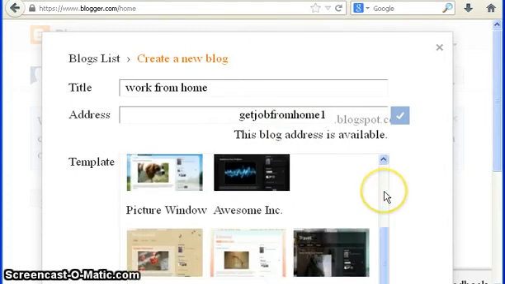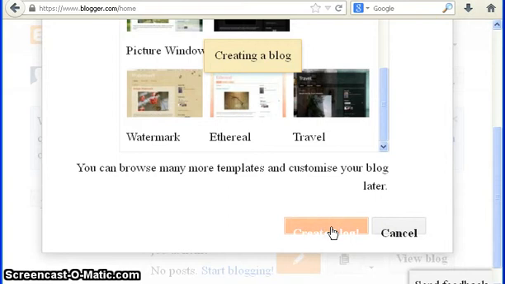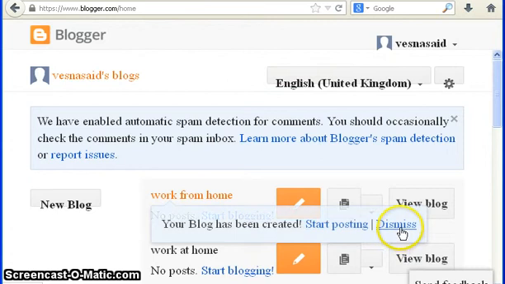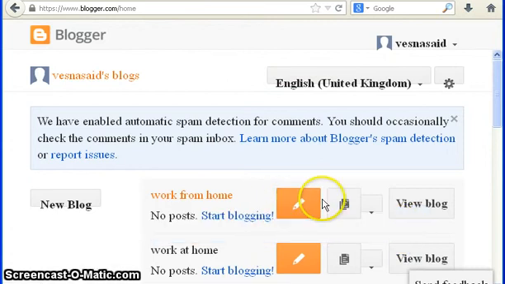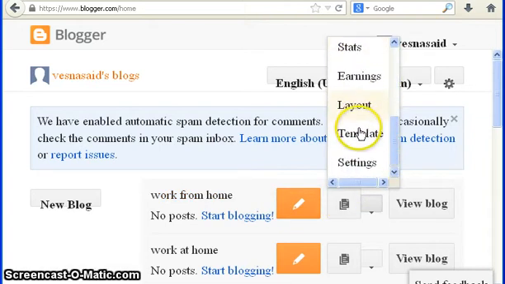Scroll down and you will get create blog. Press on create blog, and after you did it, here you are on your new blog. Don't open here, because if you open here you'll be able to write a blog post, but look on this third, first, second, third, press on it and get template.